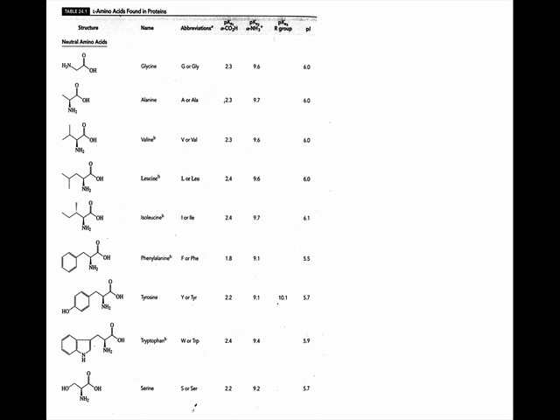So there is a table in your book. These amino acids are the ones found in proteins. You need to have these more or less committed to memory by the time you get to biochem. Okay? Are you going to have these committed to memory for my exam? Probably not. But there are some that you need to know. There are just some that you're going to have to know the structure of.